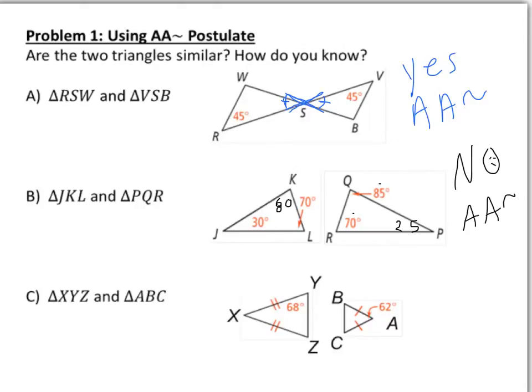And the last one, it looks like I have two congruent triangles. So for this triangle, I know my opposite angles are going to be congruent, so this automatically is 68. So what I want to do for my second triangle is figure out what these two angles are. How am I going to do that? Those two are going to be the same because this is also an isosceles triangle, so I know x